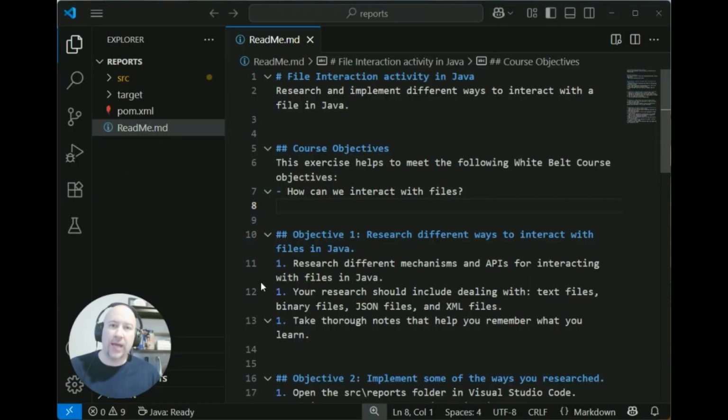This is the file interaction activity in Java. I'm going to be doing research as we go today, so I'll open up a browser and make sure we do the research on the fly, just like you would as a part of your activity and as you're trying to solve this problem. So, to get started with, I've got the solution open here, I've got the project open